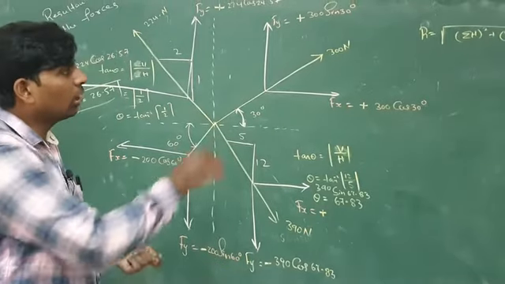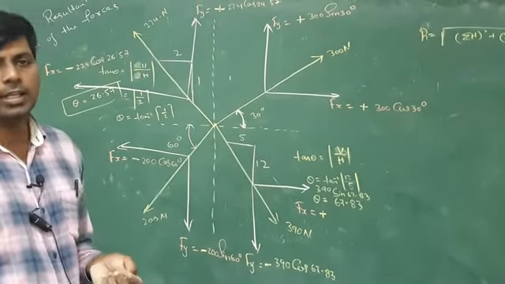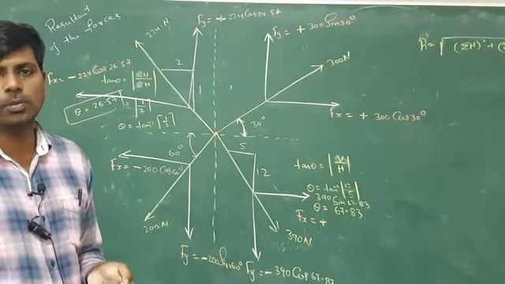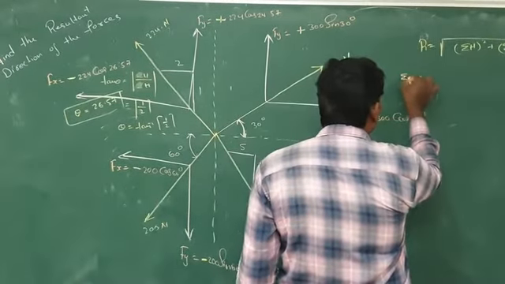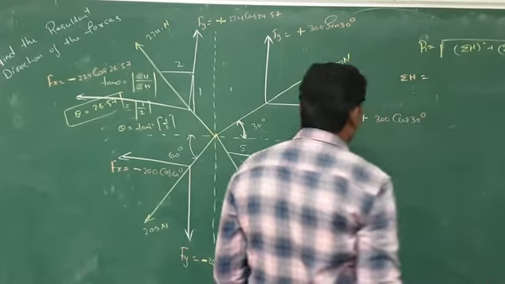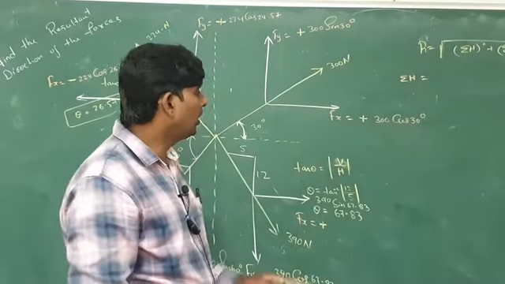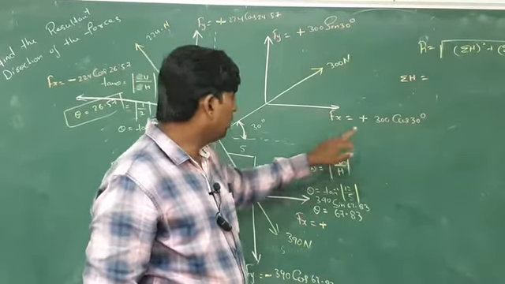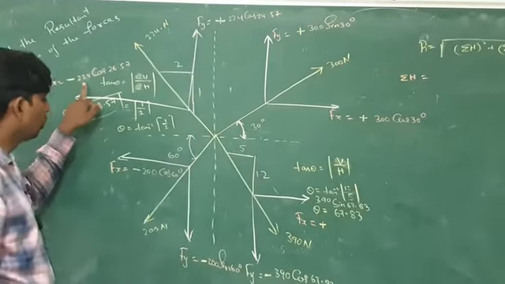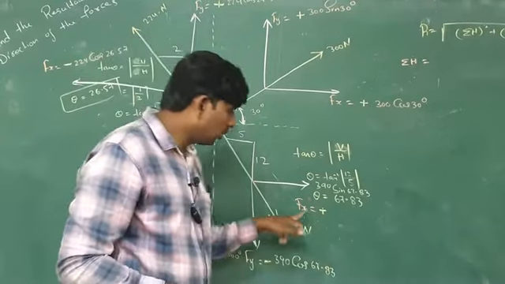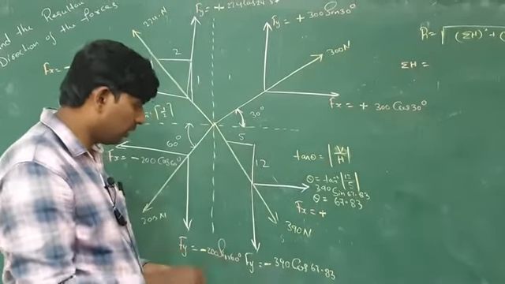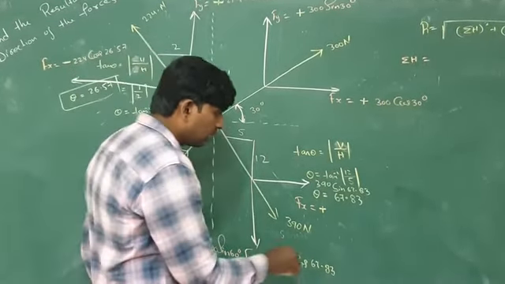See, like this forces are given, then you have to go for the sum of horizontal and sum of vertical. For that, you have to use the formula R is equal to the square root of the sum of horizontal squared plus the sum of vertical squared. So first I will go for the sum of horizontal. How many forces are here? First one, second, third, and fourth. Total 4 forces are given here.